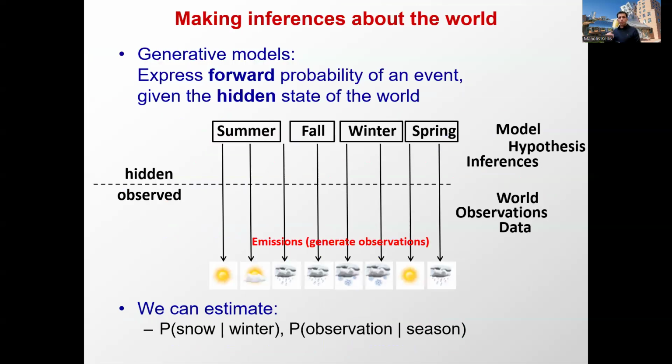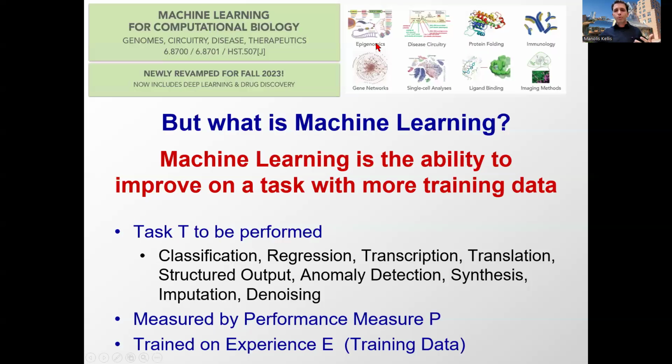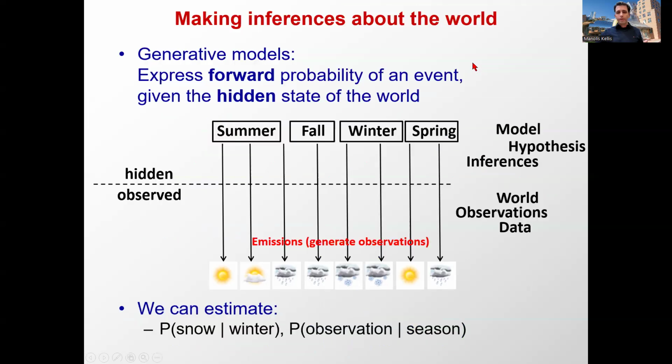Good. Now, we're always talking about making inferences about the world. And in computational biology, there's always going to be something that is observed. Those are going to be the expression values, for example, for a gene. And then there's something that's going to be hidden, and that's, the patient has Alzheimer's. We're going to distinguish these two different worlds: the world of the measurements, and the world of the model.